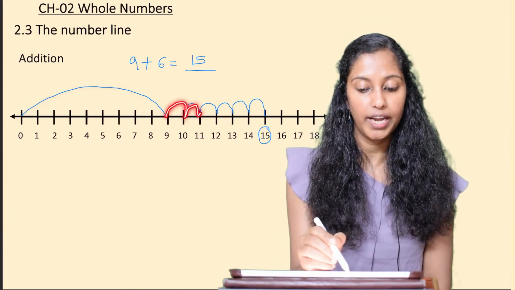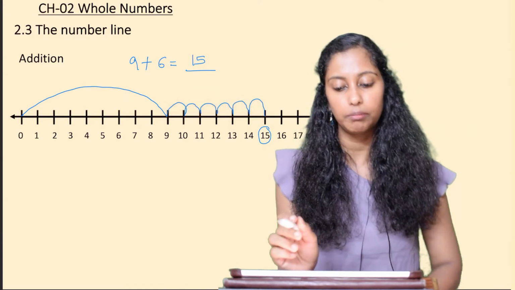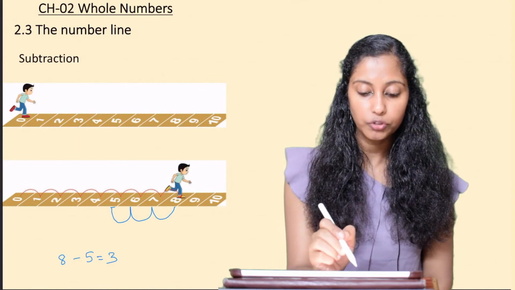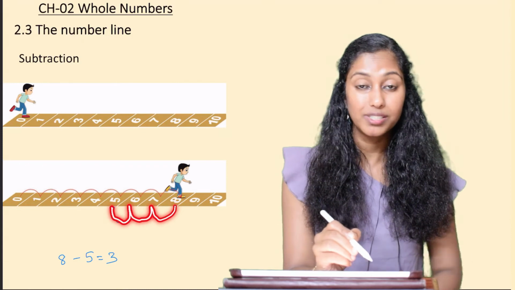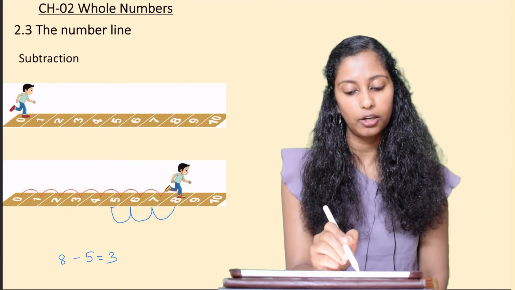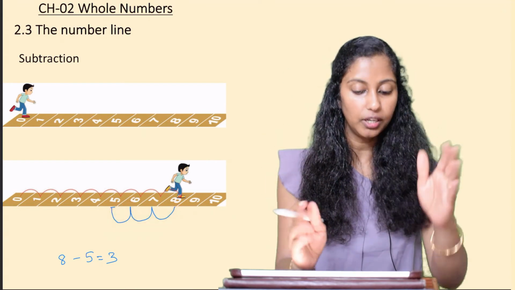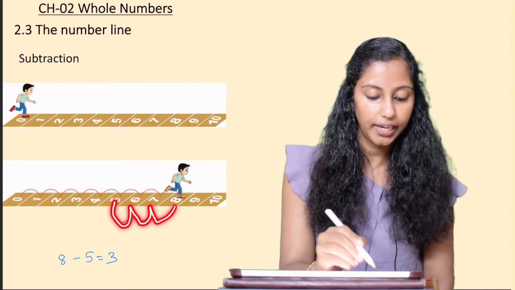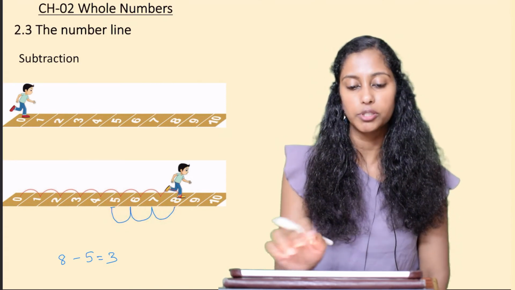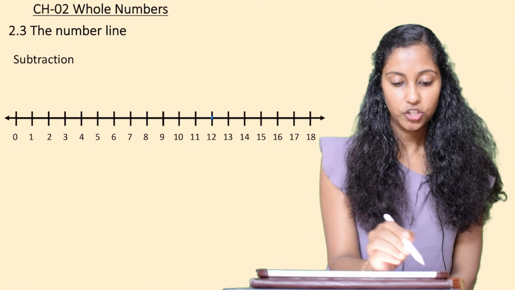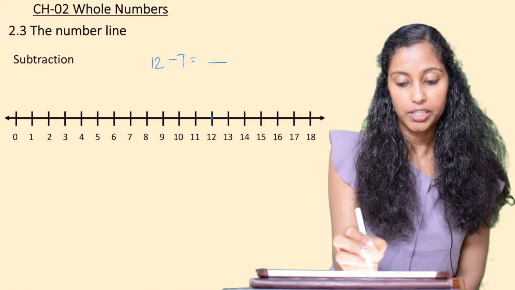So whenever we have to do addition, we are going to move forward, because in a number line, when we go towards the right hand side, we get bigger numbers, and by adding, we get big numbers. Whereas when we have to do subtraction, we go backwards or we go towards the left hand side, because on a number line the numbers reduce from the right hand side towards the left hand side, and in subtraction we get, after doing subtraction, smaller numbers.